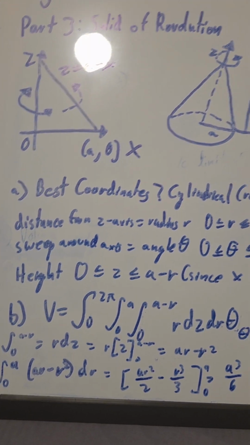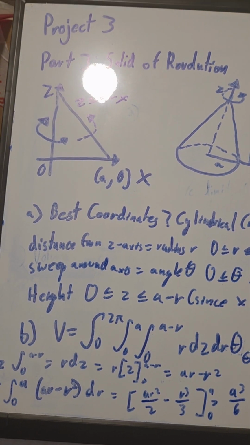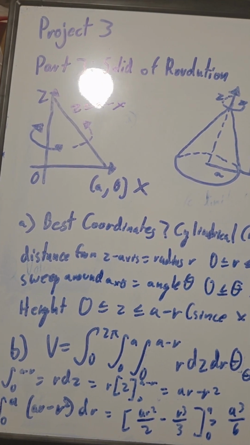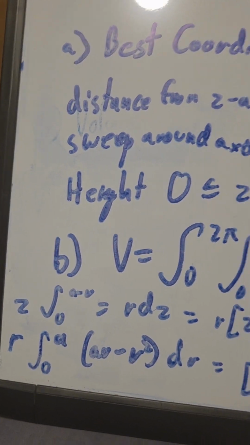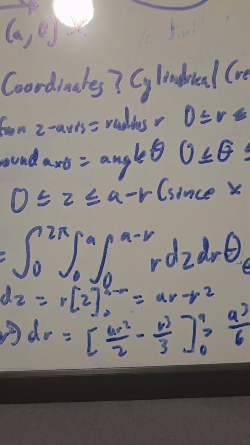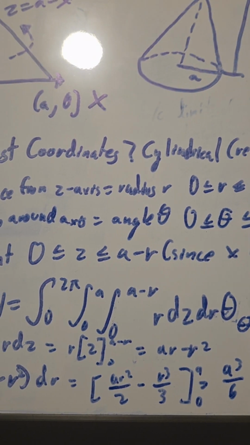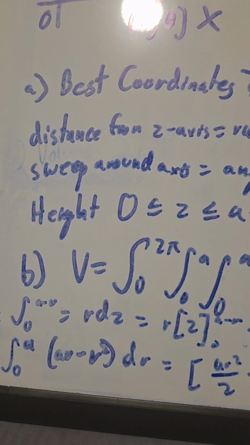Let's go to computing the volume. It's a triple integral using 1 as the integrand, including the Jacobian multiplier r, integrating with respect to z. I did it right down here in small writing because I was running out of room. Speaking of which, I'm going to wind up pausing and erasing all this so I can show the centroid coordinates. But start off with r dz,